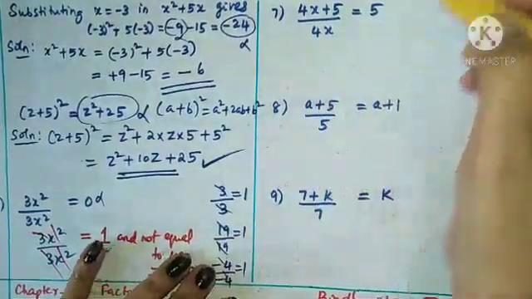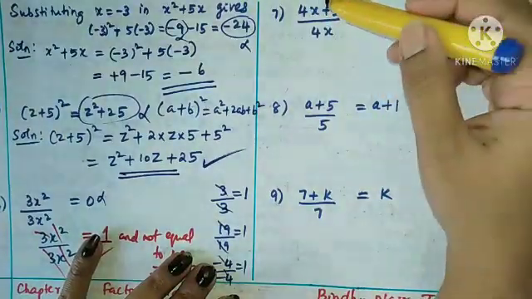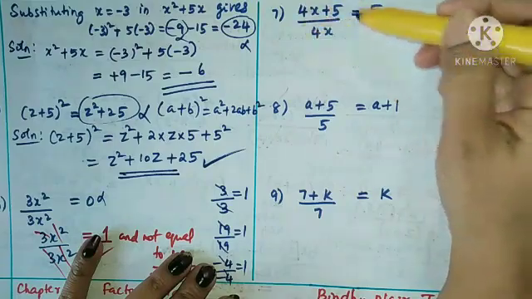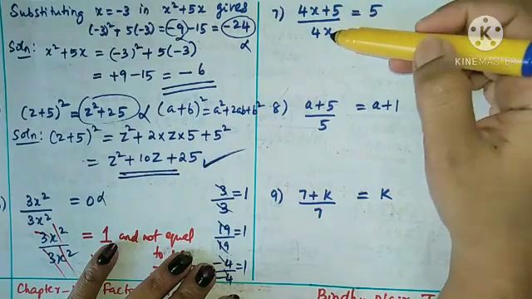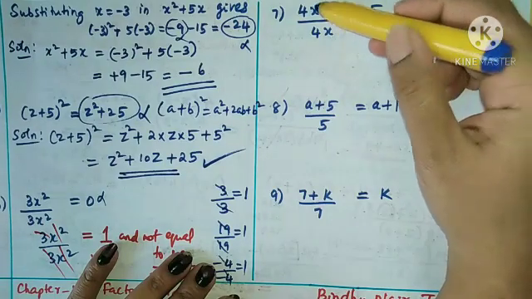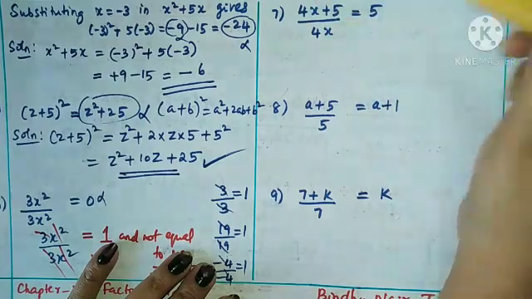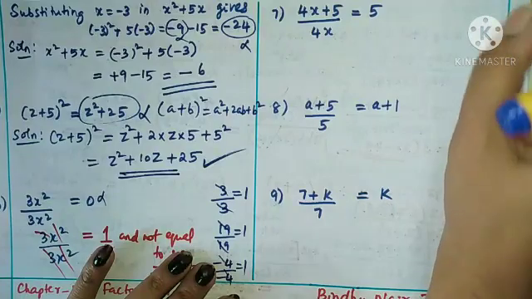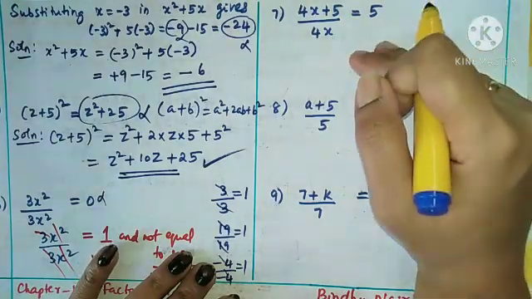So here you see, children, (4x + 5) by 4x means actually here one plus sign is there. So some people, when they see this type of question, immediately think that 4x is down and 4x is in the numerator, so we can cancel this 4x. That is a very big mistake. So all of you want to be very careful with these type of terms.